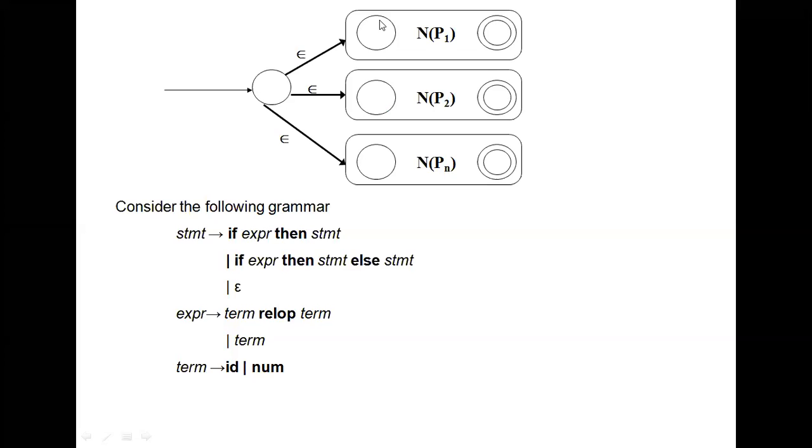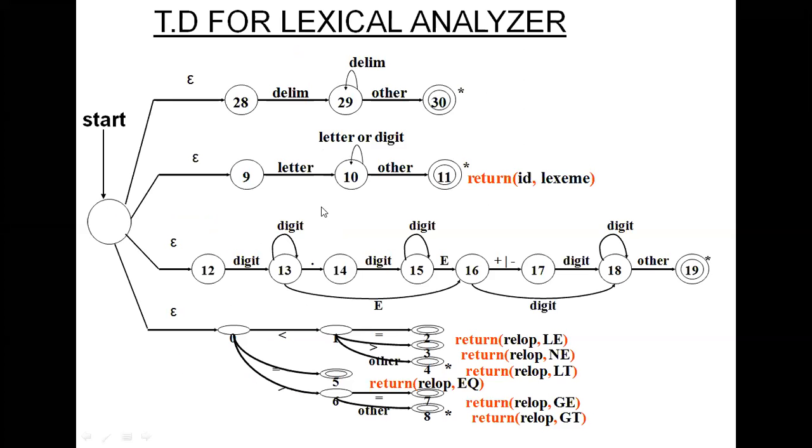Merging all the patterns, pattern 1, pattern 2, pattern 3, 4, 5, 6, and so on, however many patterns we have, all are represented with a single state by connecting them with an epsilon, the input epsilon. This is the transition diagram for the lexical analyzer with the relational operators, unsigned identifiers, or only the identifiers, or the delimiters.